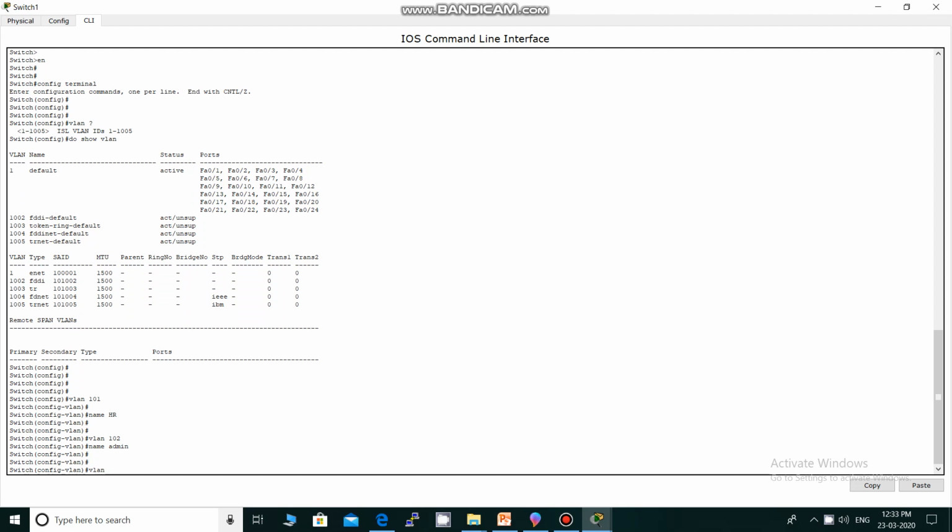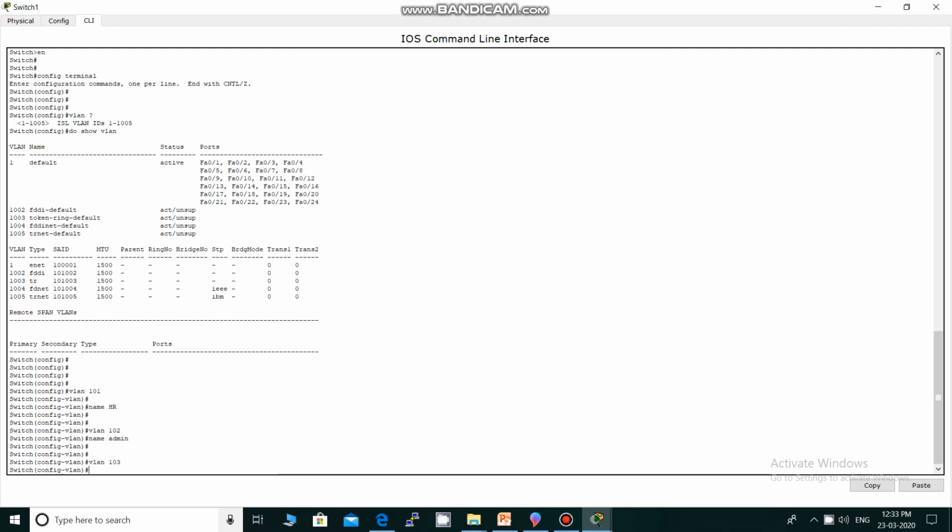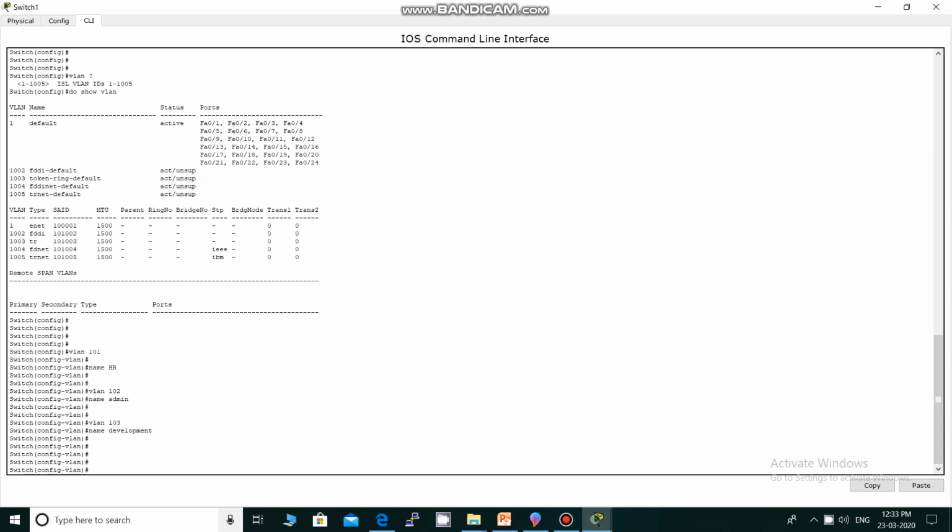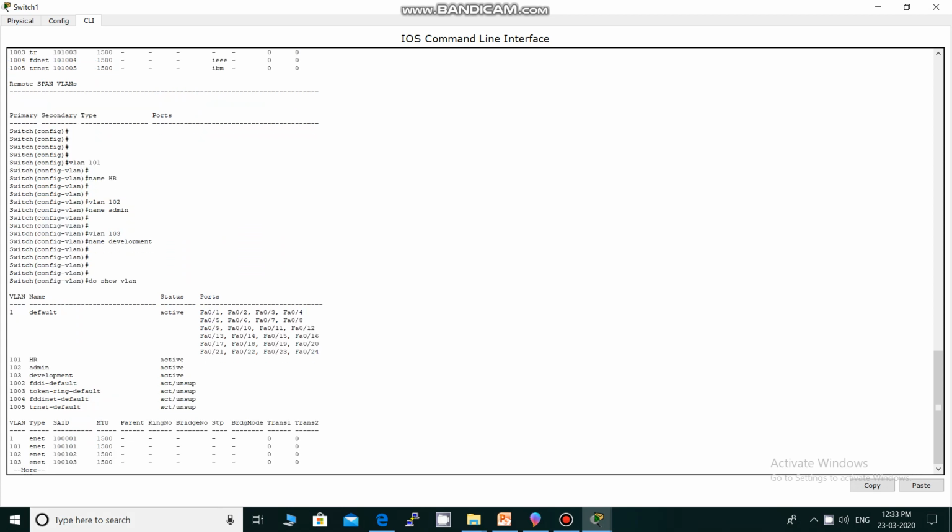VLAN 103, and name that VLAN development. Right, now check whether these VLANs are created or not. Do show VLAN. See here, these 3 VLANs are created over here.